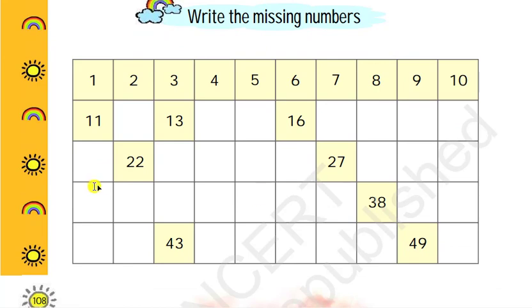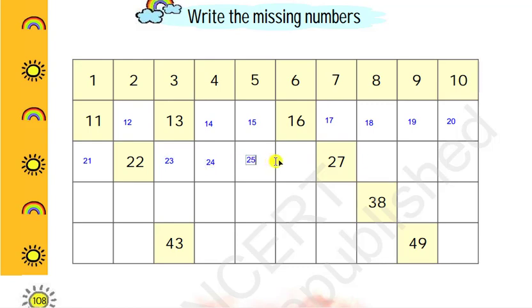Next we have to write the missing numbers here. So this is starting from 1, then is 2, then comes 3, then is 4, then 5, 6, 7, 8, 9, 10. After 10 comes 11. After 11 what comes? It is 12, then 13, then 14, then 15, then 16, after that 17, after that 18, after that 19, after that 20, after that 21, after that 22, after that 23,